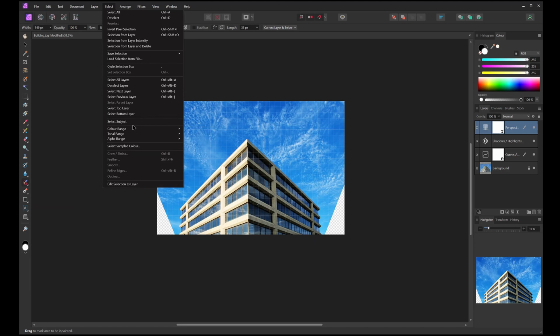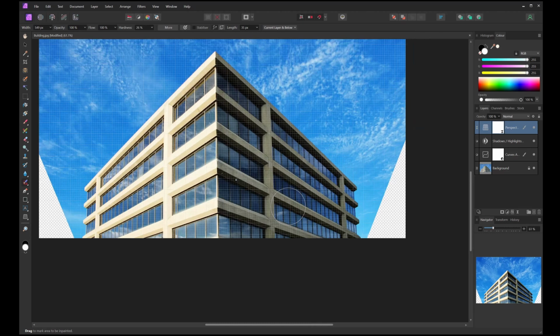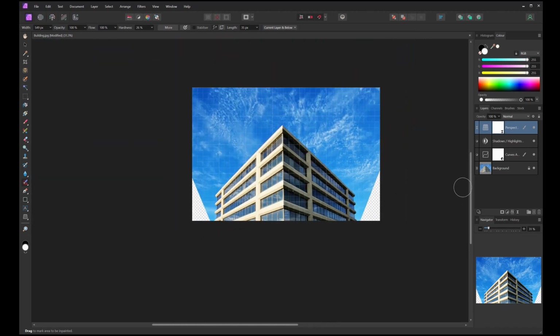So one of the things you can select is alpha range. Alpha meaning invisible, or transparent if you prefer. So we can select fully or partially. In this case, it probably doesn't make an awful lot of difference. We'll select them. I might need to trim right. Okay, what I probably need to do is